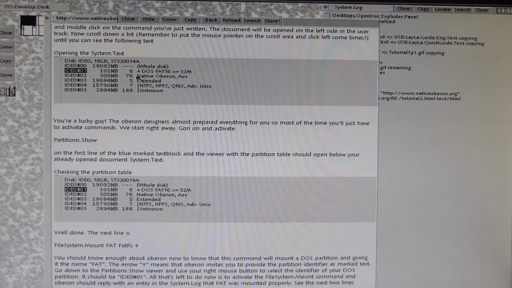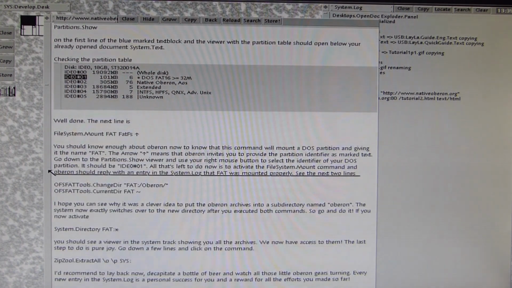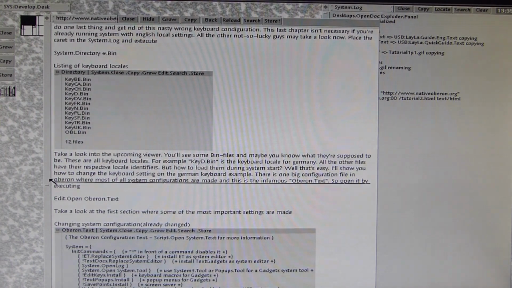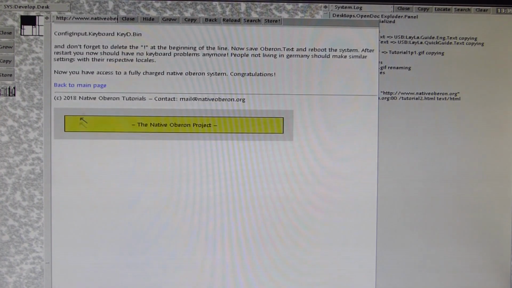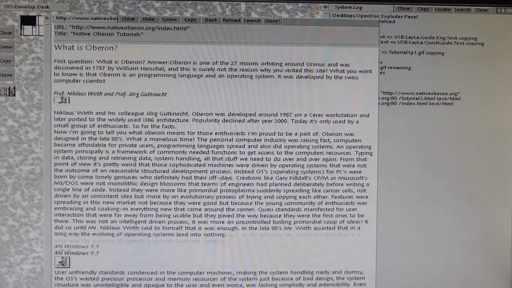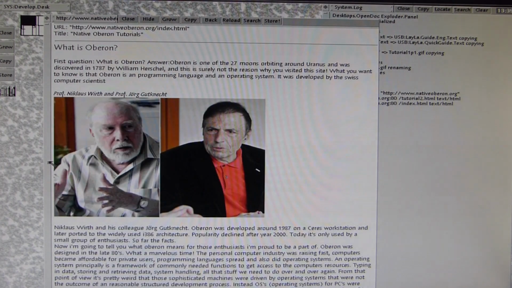It's nice here because in my first tutorials I made on my Andres Ramos homepage, I had screenshots which were really screenshots. I made them with a camera from the display of my old Toshiba laptop, and the quality was really poor. But now I managed to make screenshots inside Oberon directly from the frame buffer, and these are really nice, quite more readable, and it's more eye candy. So let's go back to the main page, and now I want to show you this trick